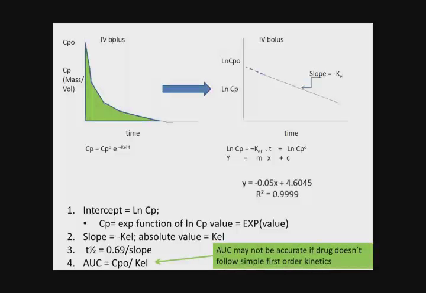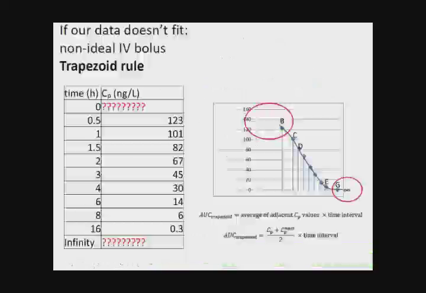But the problem is, most drugs do not follow first order kinetics because some drugs are sequestered in fat tissue, at the same time sequestered in muscle tissue, and so the rate at which the drug exits from this compartment is really variable. And so let's look at this data set, which does not necessarily follow first order kinetics. So I've tried to plot the data in the graph on the right,